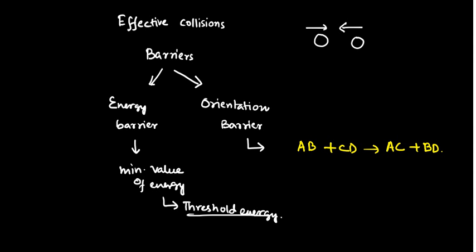Now suppose AB is like this and CD is like this. What will happen? What is the result? We are going to get something like this, AC and BD. Now if AB and CD are aligned like this, the existing bonds will break and new bonds will be formed. So we will see the intermediate something like this. It's not an intermediate, let us suppose it as a transition state. It will be looking something like this.